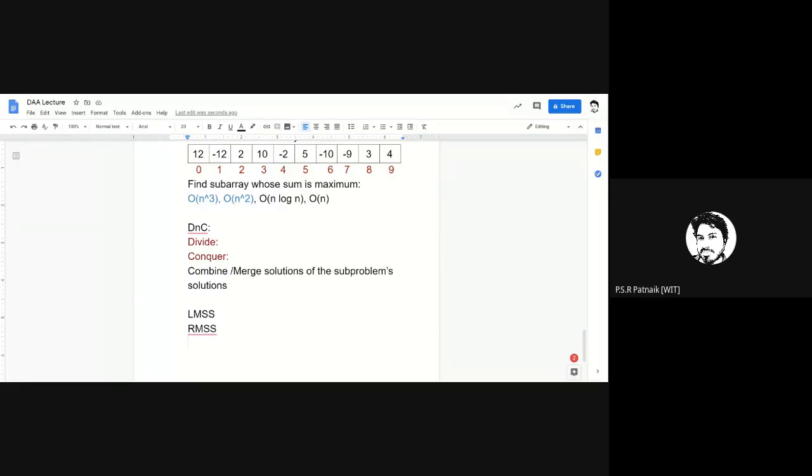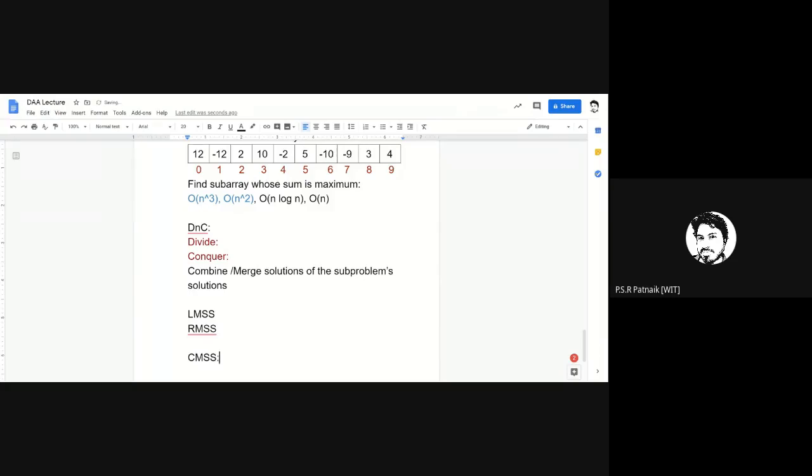So what I do is I also find the maximum sum subarray for the center part as well. Let us call it the center part. So the left part we get by below, the right part we get by below, and we also have to calculate the maximum sum possible if your subarray is in between left and right. Let us call it the center maximum sum subarray. So we get this LMSS and RMSS from the conquer step. So we already have that. Now we have to figure out how I calculate CMSS.